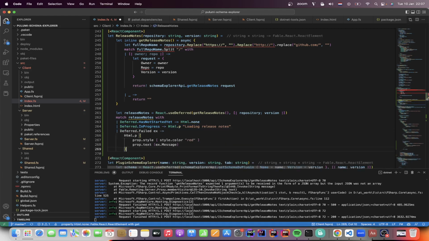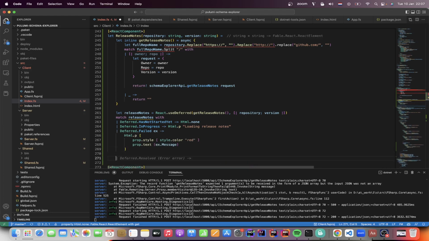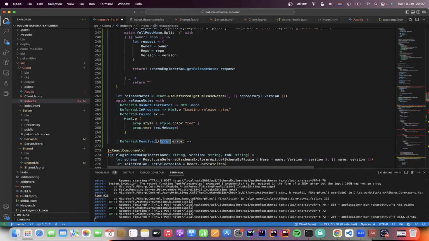It's failed, we show the error message, and finally when it has resolved into the markdown release notes body,